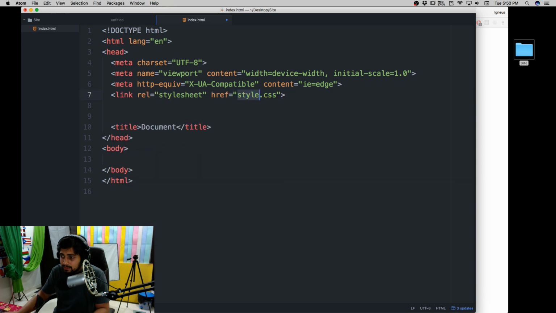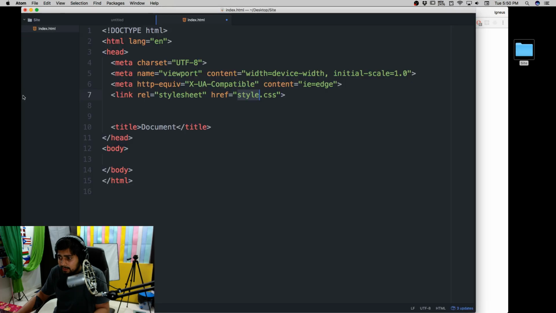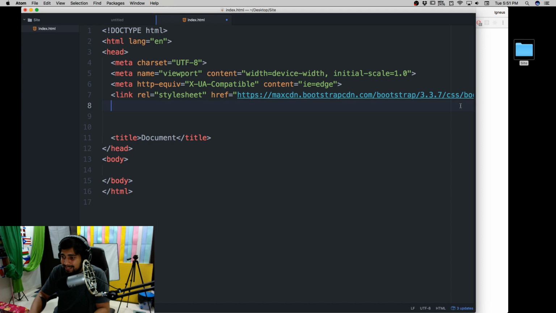Right now, it's just pointing to our default CSS. No, we don't want that. I'll be getting this one, bootstrap.min.css. Yep, copy this and go to this spot, and instead of this, I'll just paste it in here. Okay, so there we go. We have added the Bootstrap CSS. We don't need to download any single thing. Okay, that's good. Now, in the meantime, let's create our own customized CSS.